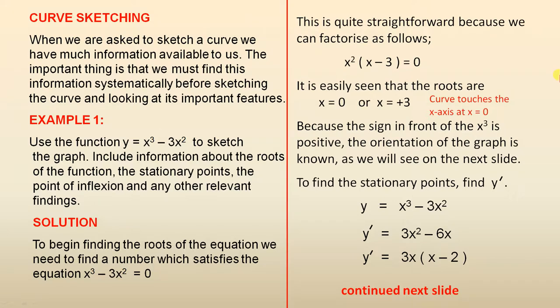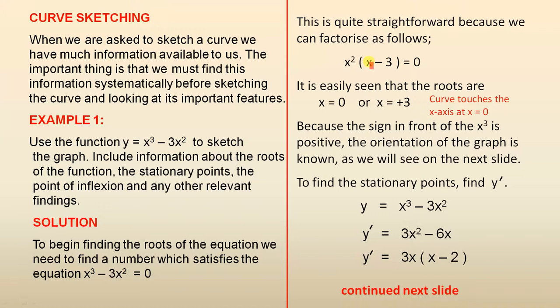Solution. To begin finding the roots of the equation, we need to find a number which satisfies the equation x cubed minus 3x squared equals 0. This is quite straightforward here in this example because we can factorise as follows. So the factorisation gives us x squared outside of x minus 3 equals 0. It is easily seen that the roots are x equals 0,